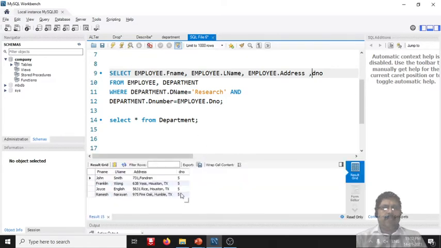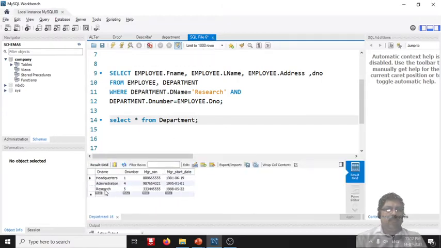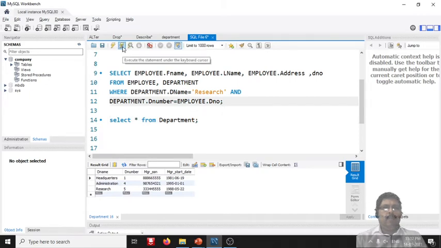You will see the employees belonging to department number 5, because the condition is employees who are from the research department. We'll check with select star from department. Here you see research department is 5, which means in the employee table we are selecting all the records belonging to the research department.